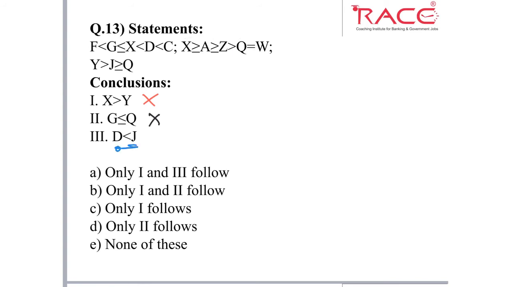Third is from D to J. D I have in the first statement and J I have in the third statement. So there is no direct link between the first statement and the third statement. So we have to move through the second statement. In the second statement we have Q and it is connected through X. So from D to X, because we are moving from D to J, and X to Q and Q to J. While moving from D to X, initially we get an opposite sign. So directly we say this does not follow.